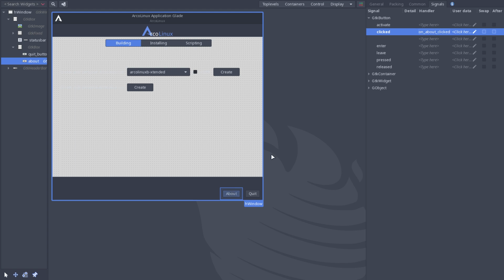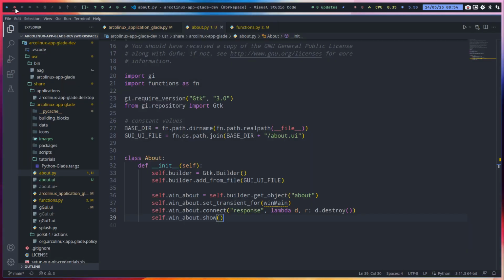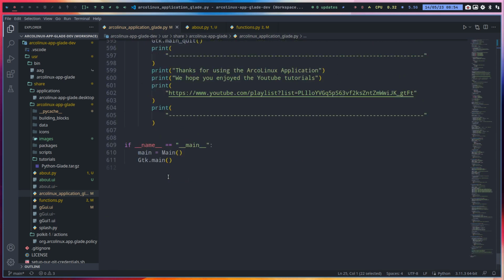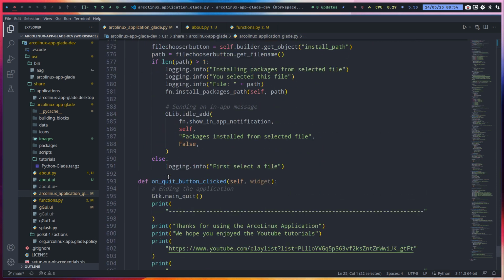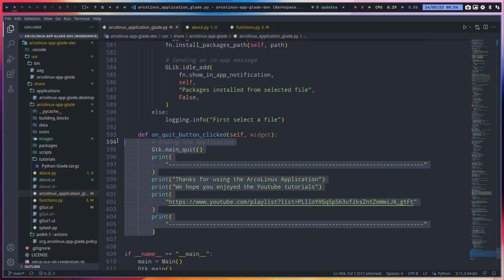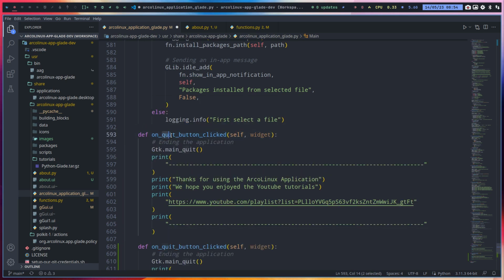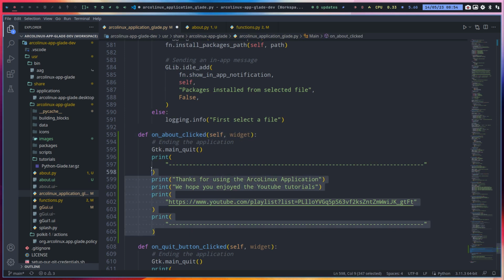Well, yeah, what will I do on about clicked? I don't know. Save. But this is designed. So on about clicked what? I don't know. So at the bottom somewhere, on quit clicked and about clicked. So that thing, one up, on about clicked, and then we say something like